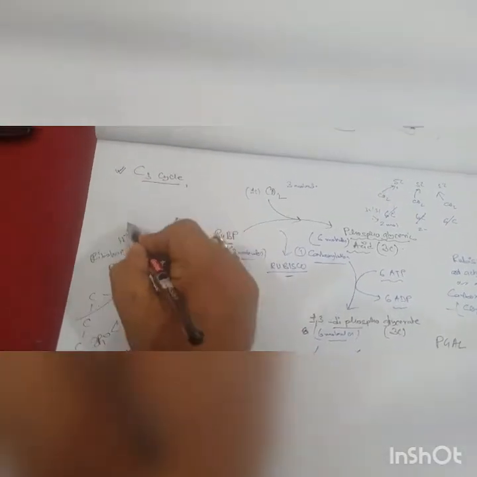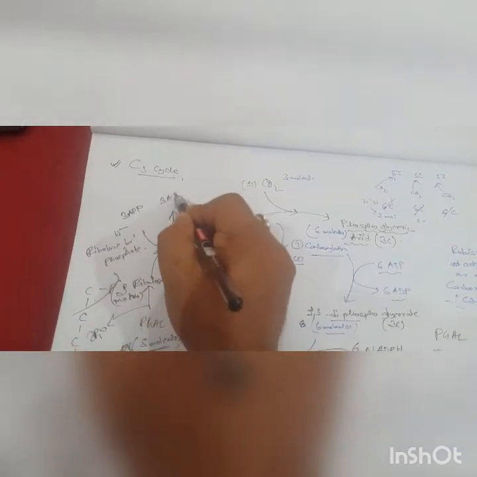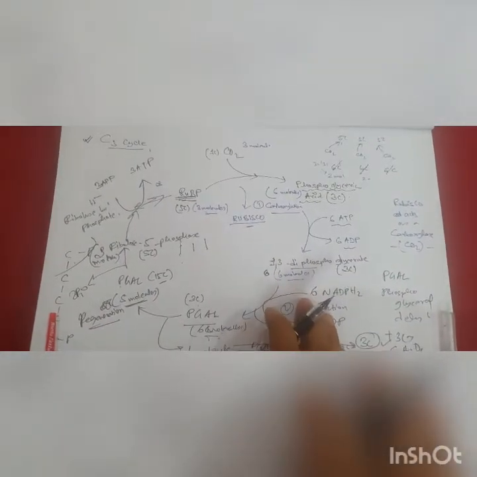Now here, because it became a 5 carbon, now what will happen is 3 ADP will become 3 ATP and 3 more phosphates will come and it will hence become ribulose 1,5 bisphosphate. 1 phosphate was already there, the 5th phosphate will enter. So I hope that you have understood this in the new way also.